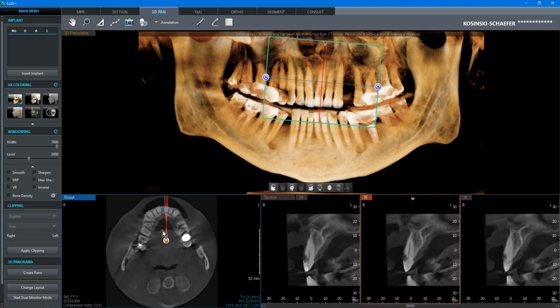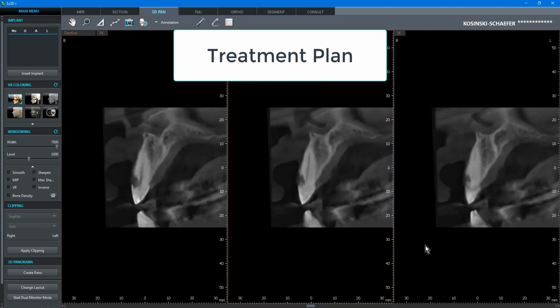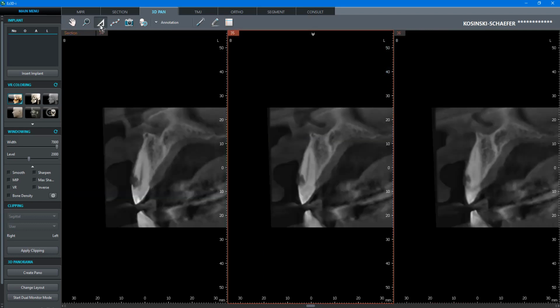If I've decided the patient is an excellent candidate for doing an implant at both sites, I can then begin my treatment plan. I'll hover my mouse on top of the section view, hit the Enter key, and then click on the measurement tool, measure buccal lingual, and then measure from the occlusal up to the apex at number 9, and then perhaps from the occlusal up to the sinus as well. I'll left click on the dimensions to move them out of the way,